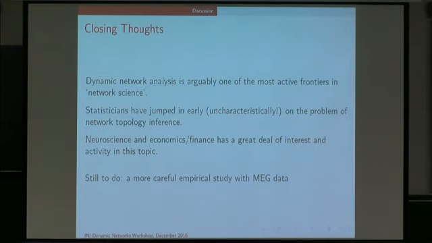Neuroscience, and I didn't talk much about it, but economics and finance also have a great deal going on here. I've been at some workshops that were all economics people, and when I show this, you can see in real time the calibration being made as they realize there's a whole subliterature they can be looking at there. The synergy across these types of fields is interesting. It's also inherently an ongoing danger, I think, for network science as an overall field, to have these parallel threads in areas that may not speak as much to each other. And statistics, applied mathematics, and computer science are often the glue between them that can really help make sure these communications are made.